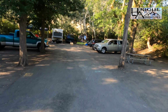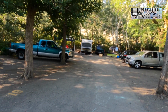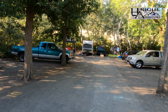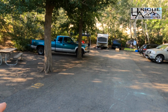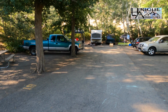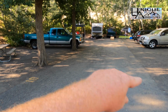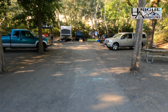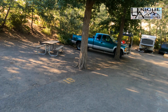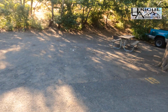And then you've got this whole quadrant down here: 15, 16, 17, and 18. So I'm assuming this would be a great spot if you had a big group of people and you wanted to just occupy an end. If you could actually do that, this would be amazing to have these spots if you were in a tent or in that small pop-up kind of trailer. So we're all the way to 18,